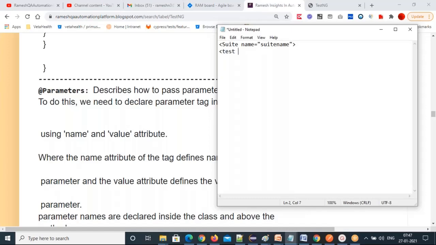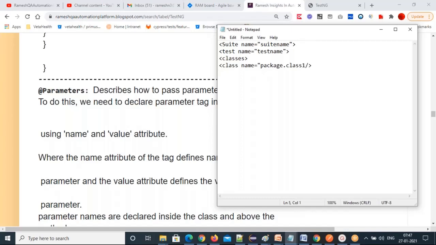Then test tag, name equal to test name. Then classes tag, so nothing will be there. Then class tag. Each class is represented with one class tag. Class name equal to package dot class 1.